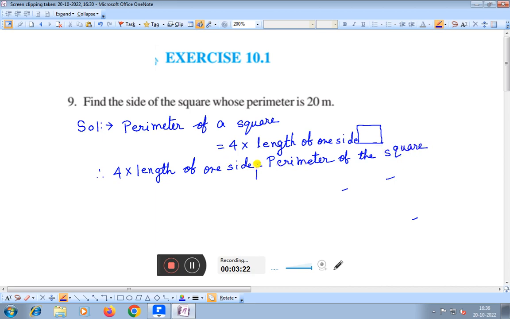Therefore we can say that 4 into length of one side is equal to the perimeter of this square. The perimeter of this square is 20 centimeter. Therefore we can say that length of one side